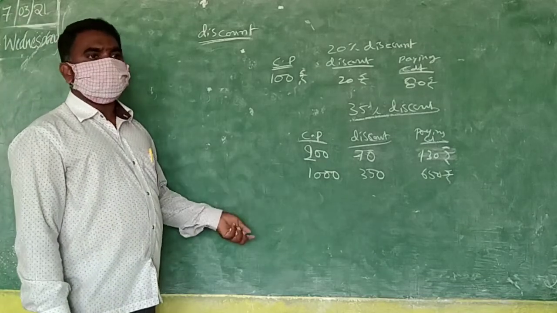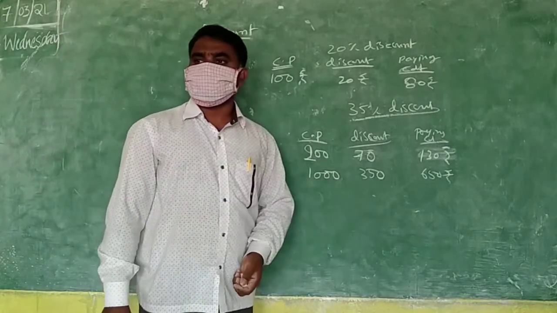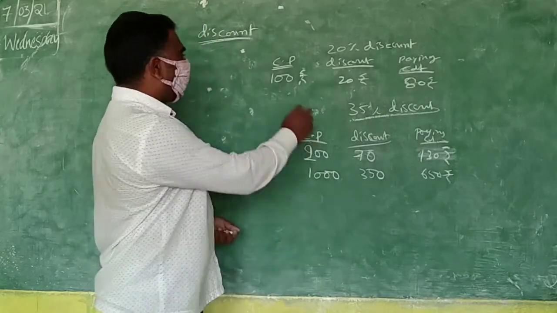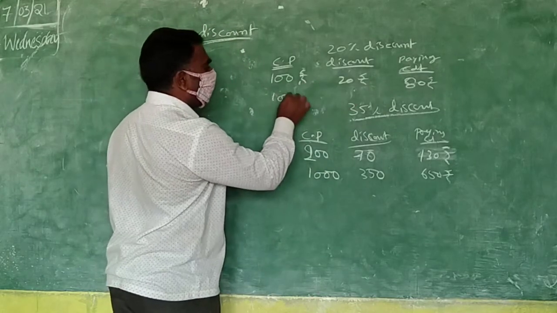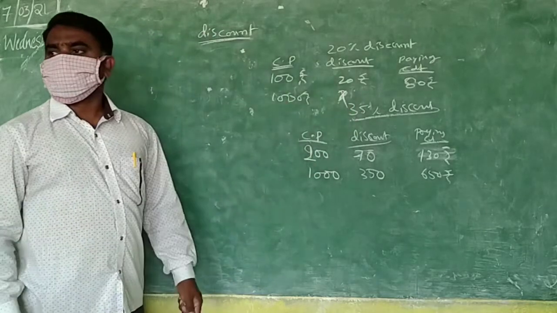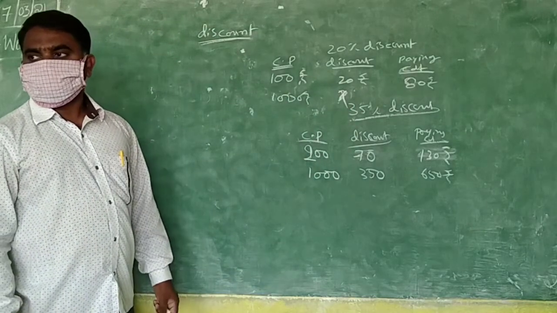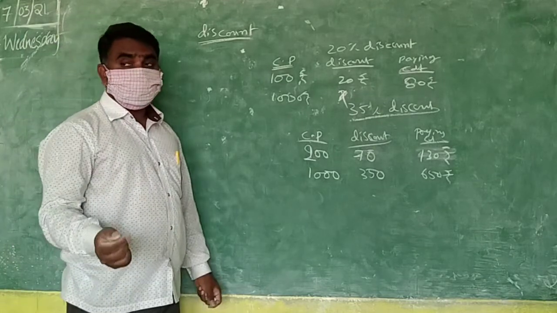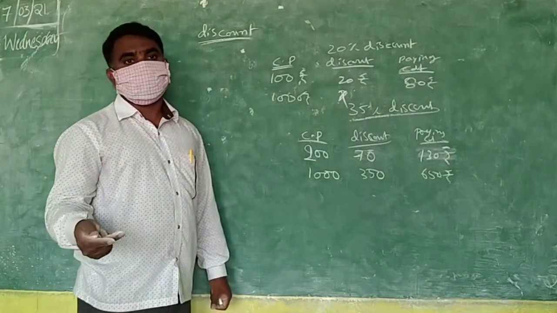Suppose you purchase for 1000 rupees, you will calculate it. You know the calculation part. So you know for 100, and you are going to find for 1000 with this method. Is it or not? So what is the problem, what we have to find, according to that we will discuss.